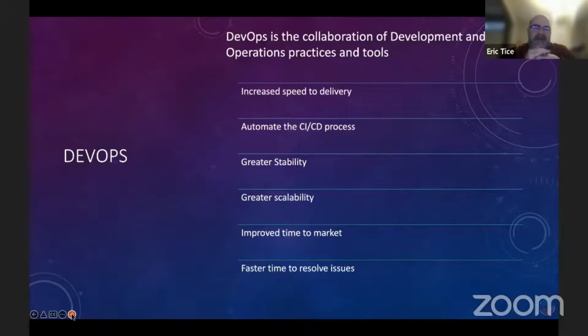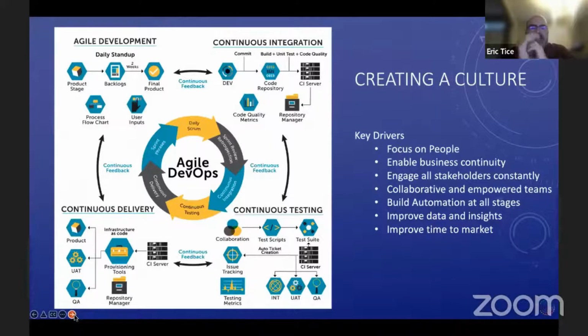Now, one of the ways that DevOps is often implemented is it's thought of very specifically as just a CI/CD implementation, which is how most organizations tend to implement DevOps currently. They believe if they have a CI/CD pipeline, say Jenkins, for example, that will allow them to automate some capabilities, that they're fully implementing DevOps. Where DevOps is not really just a tool set, it's also a culture. So in this context, we really think about DevOps as an integration of agile principles or lean principles and DevOps practices,